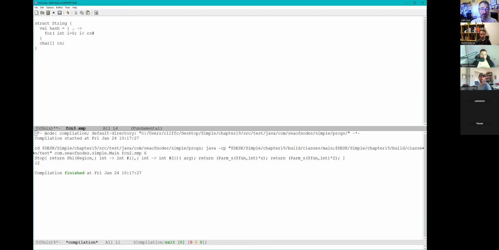This is method OOP where it's like self.cs, but the self is implicit, just like a normal virtual method in C++. So it's cs pound. And if I fuse structs, then this cs would be fused as part of the struct. But I'll leave it this way for the moment. So that's the length, i++. And hash equals hash times 31 plus cs of i. And I better put a hash up here. And there's my hash, but I have to return it.